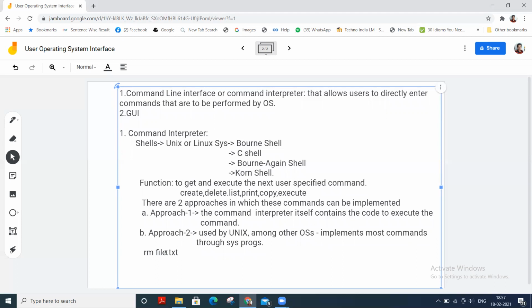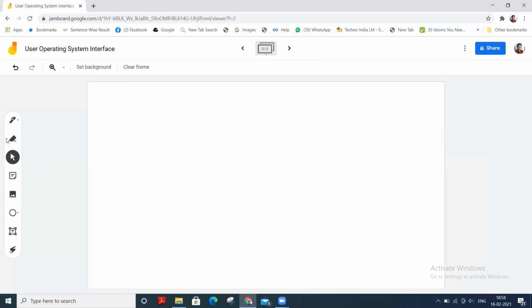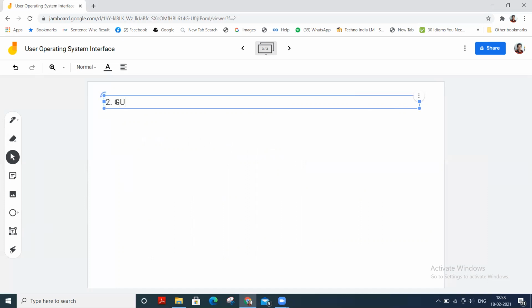So we have done the command interpreter. Next we come to the GUI part. So next is GUI, meaning graphical user interface.